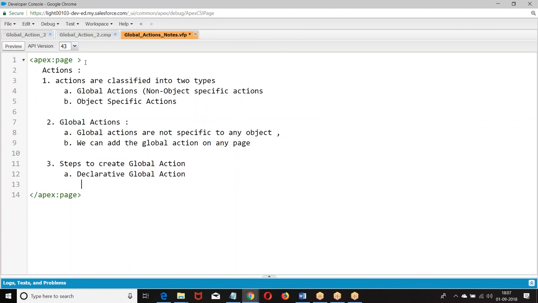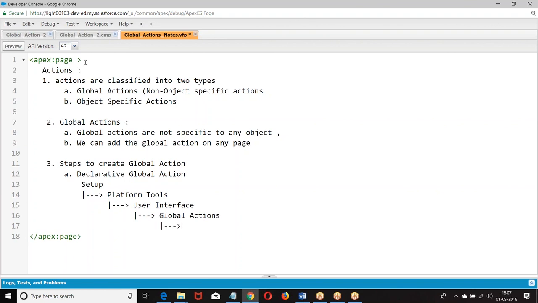Declarative global action. When you say declarative global action: setup, platform tools, user interface, global actions; platform tools, global actions.